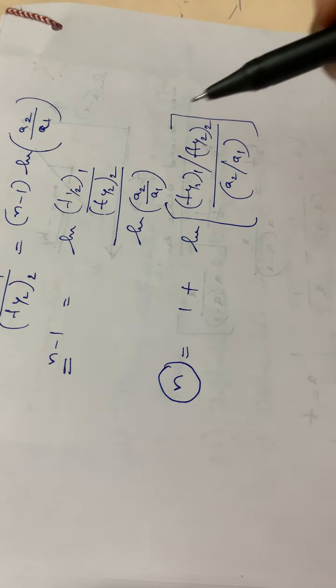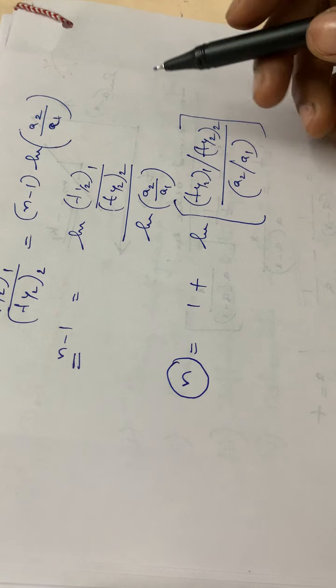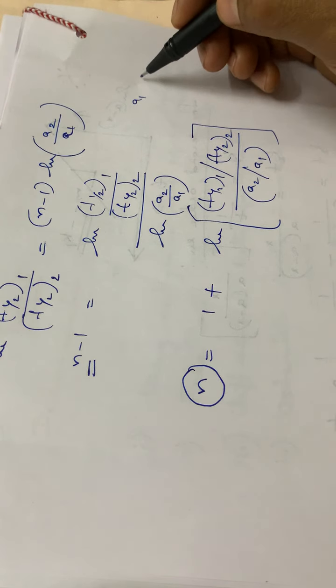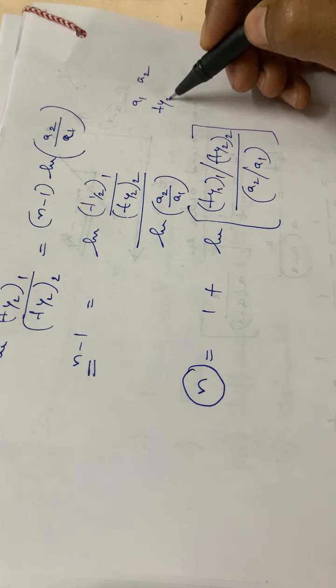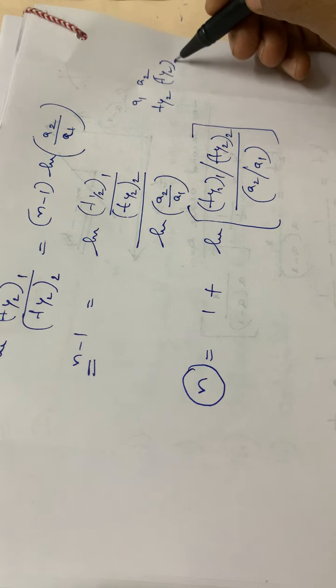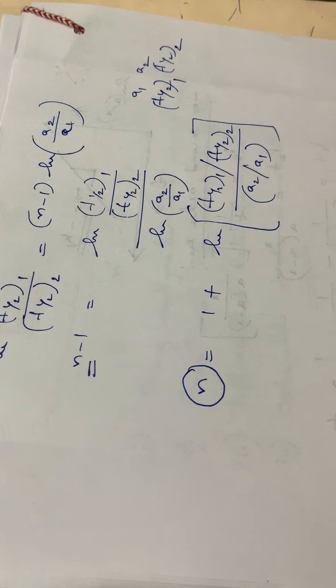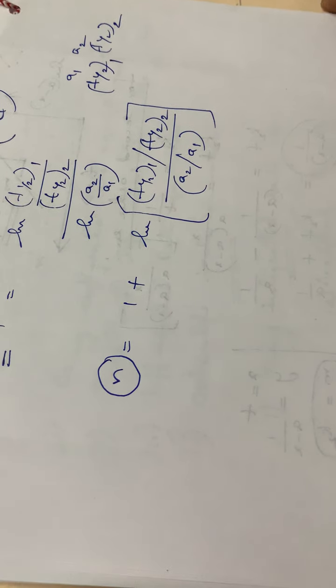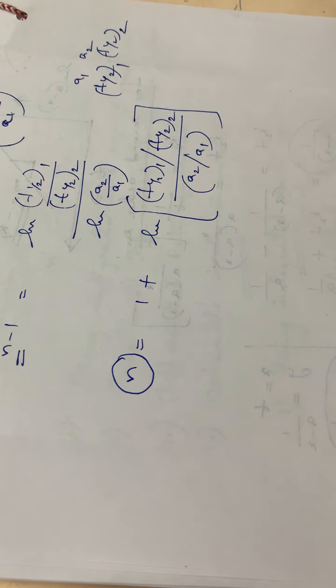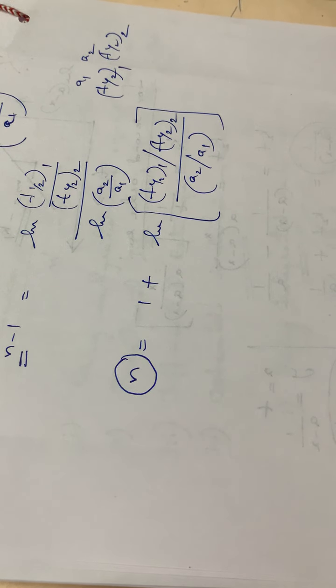Okay. So by conducting two different experiments at different concentrations A1 and A2, we can have two different values of T half 1 and T half 2, and from that we can calculate the order of the reaction. So this is the second method, the fractional life method or half-life method. Okay. Hope you are clear with this.